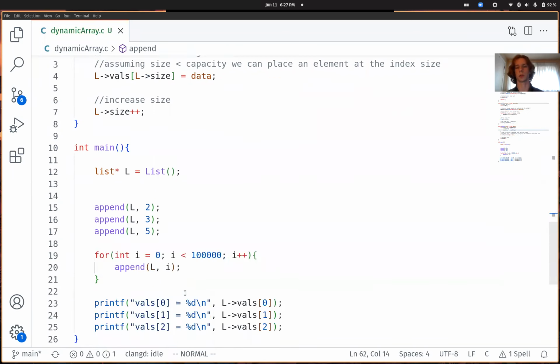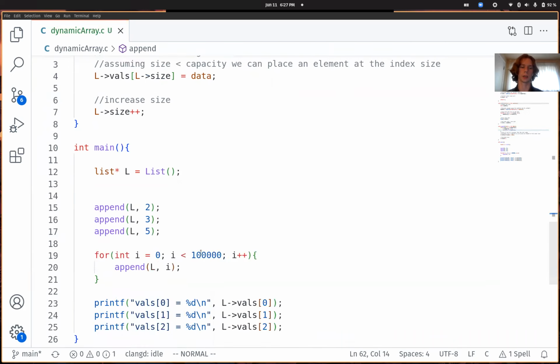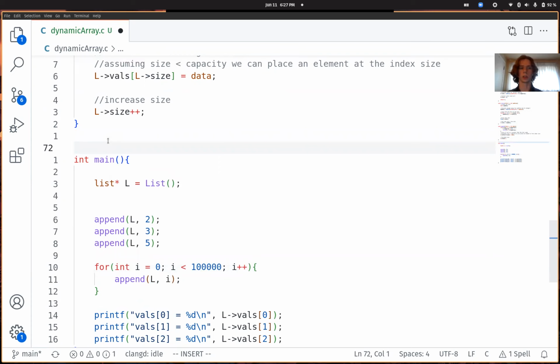You see, we first add 2, 3, 4, 5, or 2, 3, 5, and then we add like 10,000 things. We're only printing the first few things, so this just kind of works, even though it has, what's that, 100,000 things in it? Yeah. So one more thing you're always going to want to do usually is make a print function for your